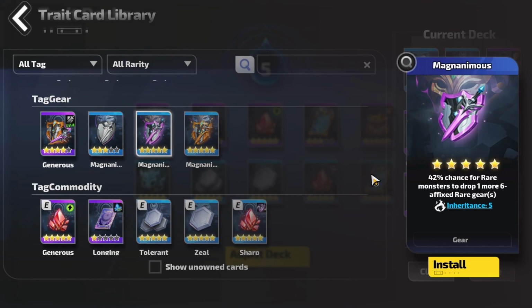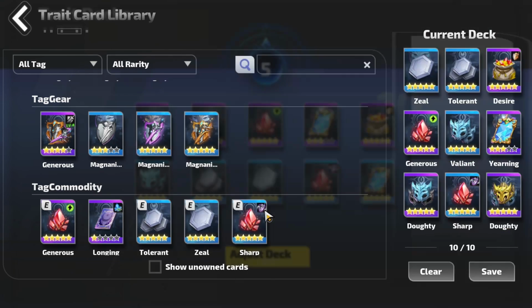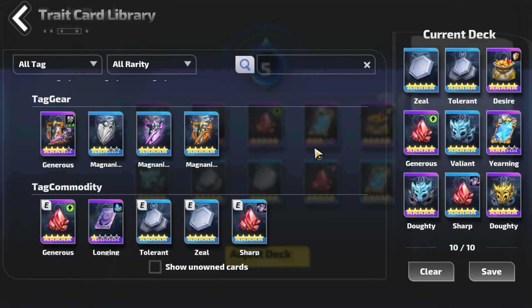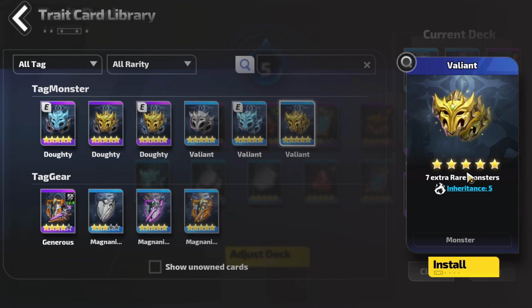Then there's another thing you can, for example, throw in with this. If you do this, you get more 6 affixed rare gears. As you can see, those can be transformed into flame fuel. And then you can also combine it with these cards. More rare monsters,